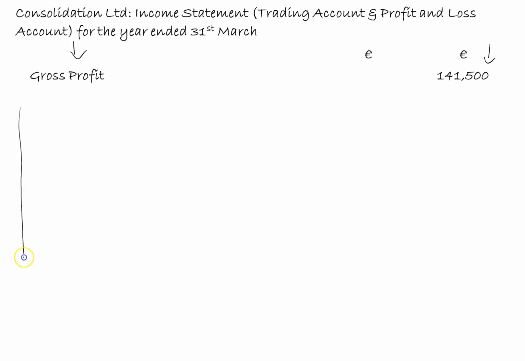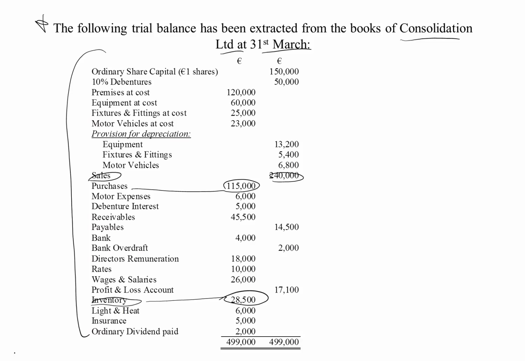So I'm going to list all my expenses down here. So I've less the operating expenses, and I'll need to go back to the trial balance and find these operating expenses. So if I go back here, expenses are on the debit side, and we're talking about normal day-to-day expenses. So we'll have the motor expenses, the debenture interest, we'll skip over that for the moment because it's more a finance expense. We'd have the director's remuneration, we have the rates, we have the wage and salaries, we've used